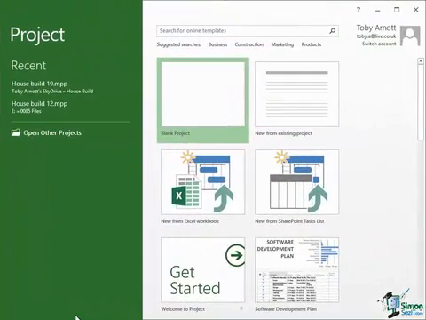I'm also going to assume that you're primarily using a mouse and keyboard for this course. Now, if you've done our basic course or you've been using Project on a touch device, you'll know that Project 2013 goes pretty well with a touch device. You can do virtually all the things with a touch device that you can do with mouse and keyboard. I could, of course, on this course demonstrate both, but it will get a bit tedious to do everything twice, so I'm going to use Project 2013 in the way that most people use it, which is with a mouse